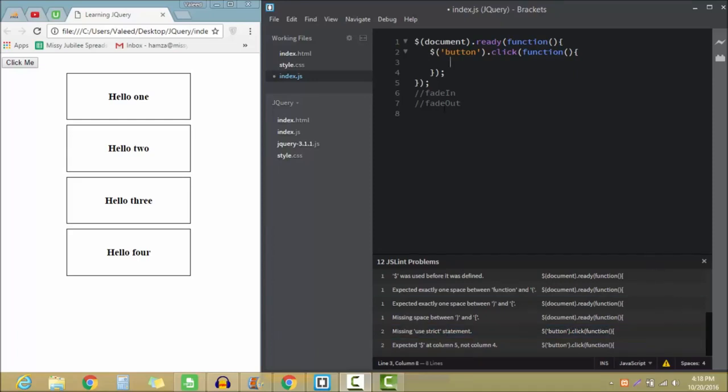In this lecture we are going to learn some jQuery effects, and first we are going to work on the fade in or fade out. So right over here inside the function I'm going to write